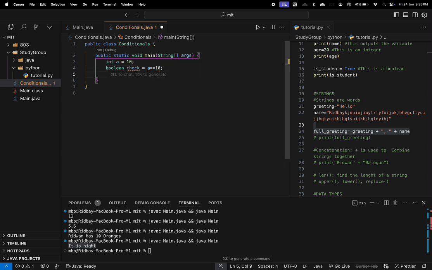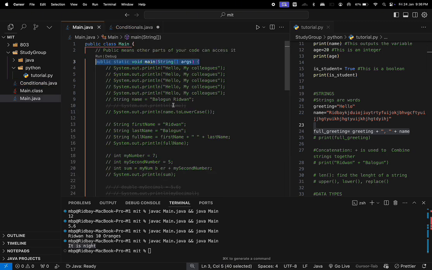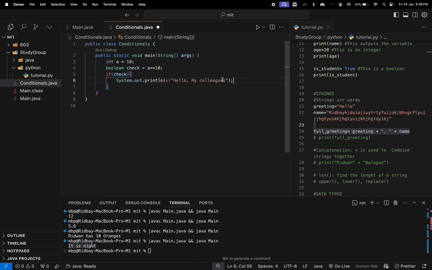Now if you want to write a conditional statement, we'll do if check is true, then run whatever command is here. Sorry, I have to copy this. I don't want to be typing over and over. So check, let's say a equals 10. If this is true, a is equal to 10, then we can say else. If it is not true, then print a is not equal to 10, right? So if I run this now,